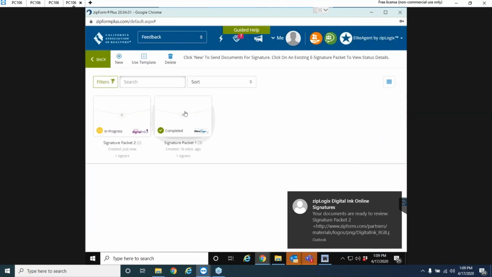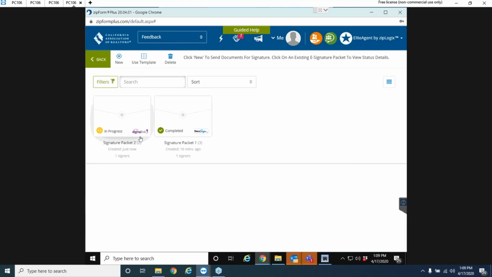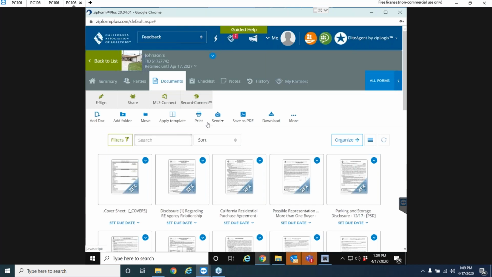Okay. So now there's signature packet number 2. And you see the DigitalInk logo there. That's letting you know that you sent it out using the DigitalInk signing feature. Now I'm going to go back here to the home page,